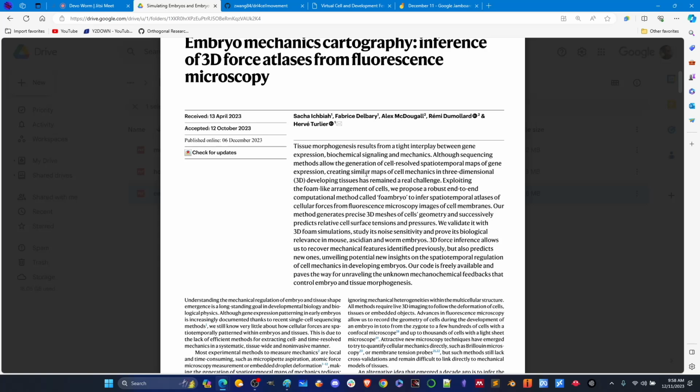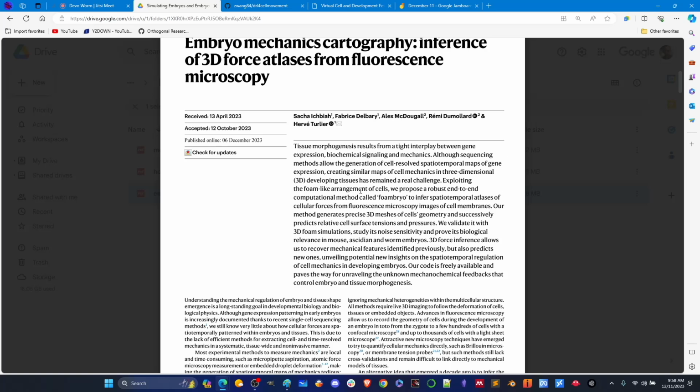So you can get spatiotemporal distinctions, and we can do this for single cells, but creating similar maps of cell mechanics is harder. I would argue a lot of the next-gen sequencing maps are not particularly insightful, so that may be the distance here. But